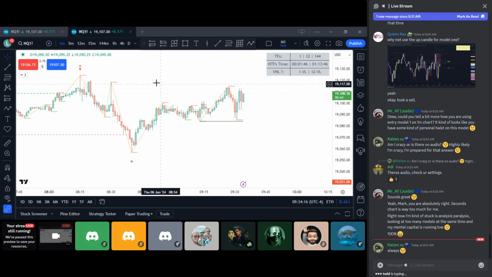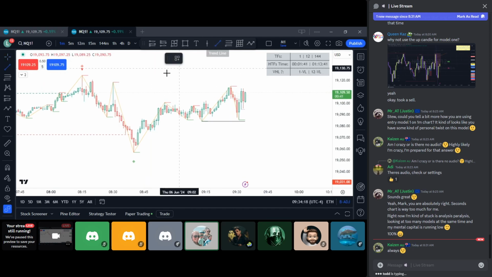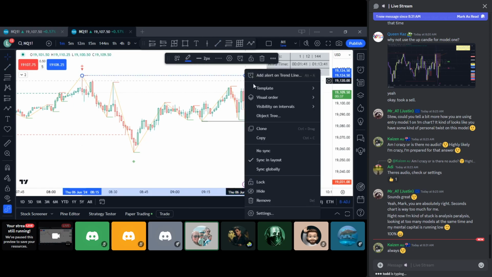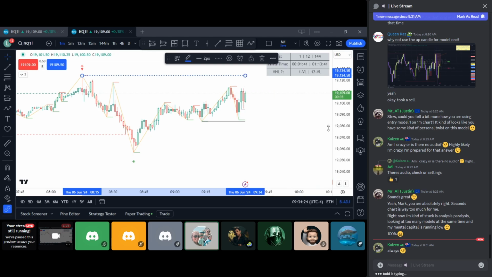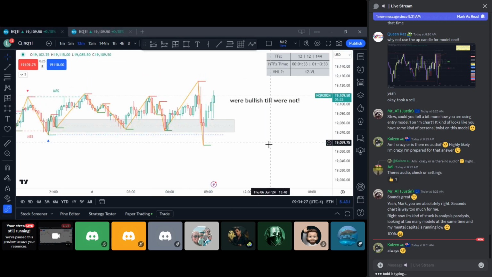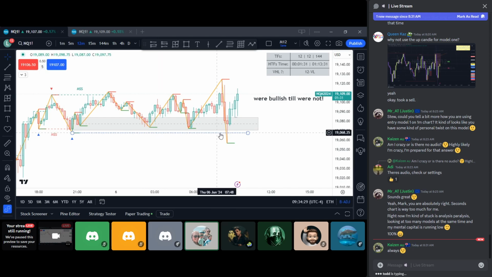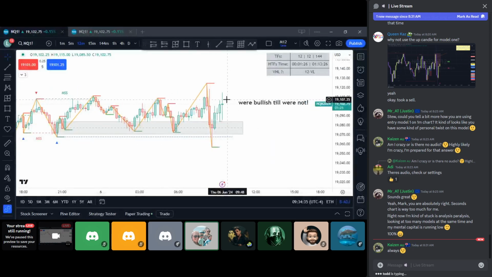So just to reiterate, guys, where we're at right now on the 1 minute chart, this is a protected high. So we are bearish on the 1 minute protected high, but on the 12, very clearly in this range, and we just bounced off the bottom of the range. So we're at minimum expecting it to come to the top of the range, which we did. So if it wants to keep bouncing in between